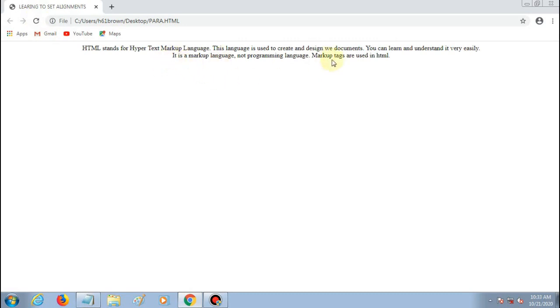See, line is break from here. So in this way you can use NOBR tag and BR tag. BR tag stands for break and it is used to break a line. NOBR stands for no break and it is used to display a text in a single line.